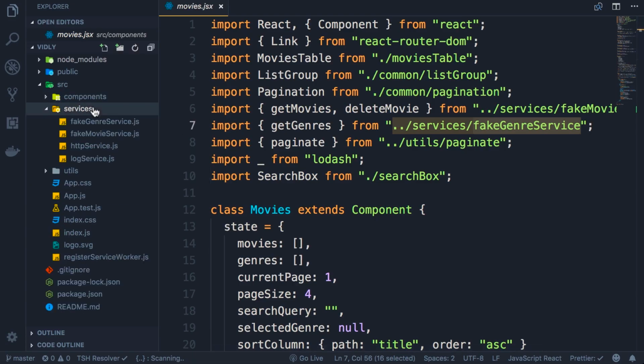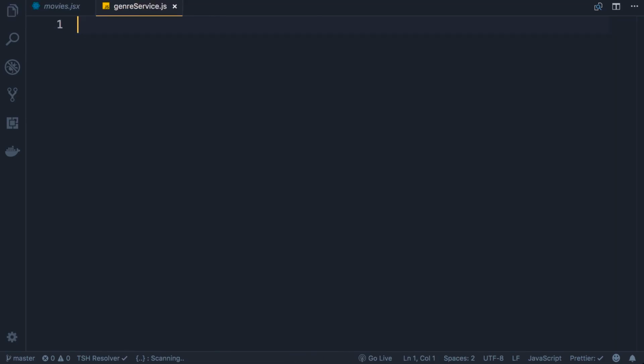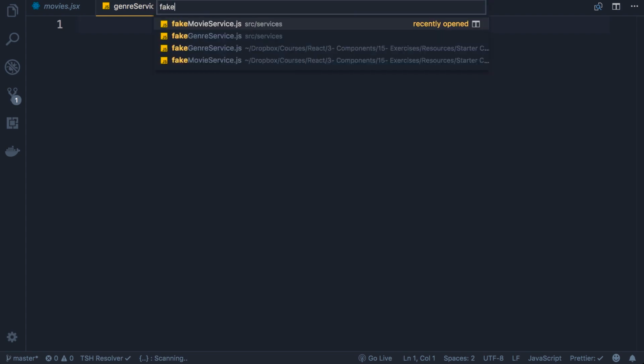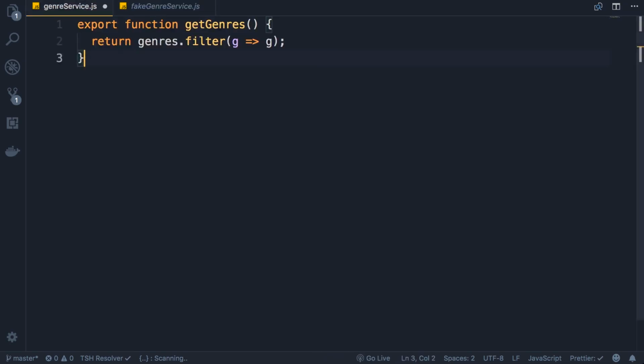So in the services folder, let's add a new file. We call it genre service. This module should have the exact same interface as our fake genre service. Let's take a quick look at fake genre service. So here we're simply exporting a function called getGenres. So I'm going to copy this into our new module, but instead of returning something from this array, we're going